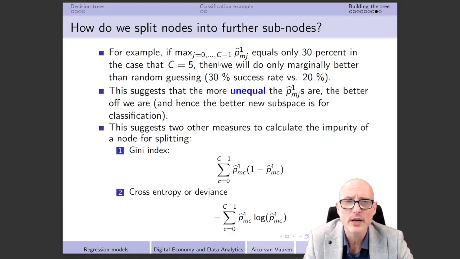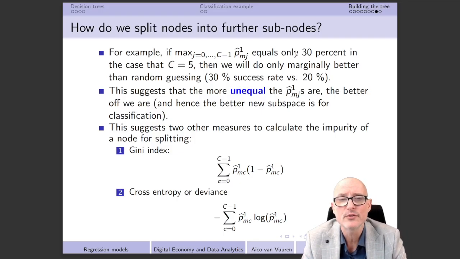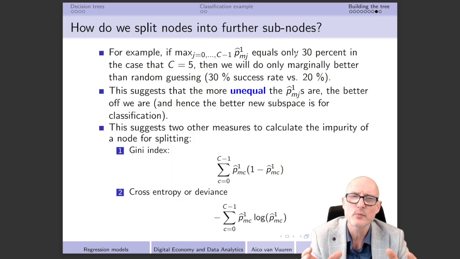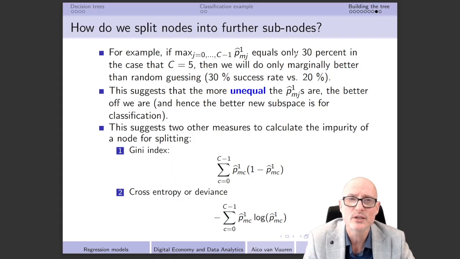Suppose that we are in a situation in which we have 5 different classes. So capital C is equal to 5, and the highest frequency that we have over all these different classes is only equal to 30%. So there is one class that occurs in 30% of the cases. If we are going to predict that particular subspace by that particular class, then we are doing the right prediction in 30%